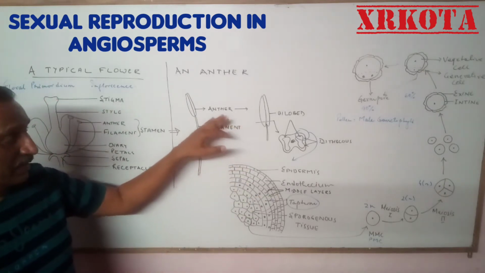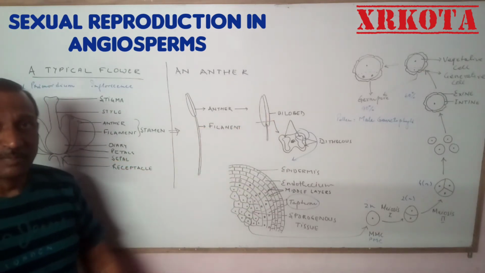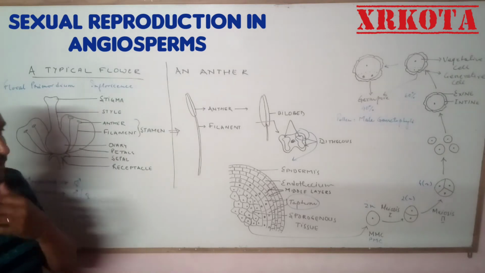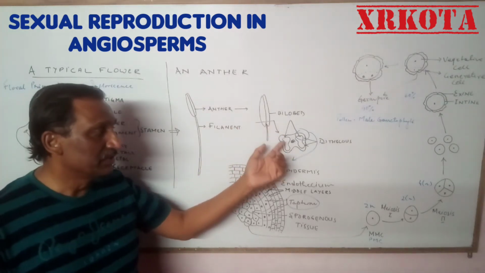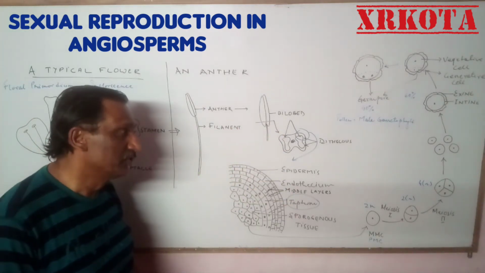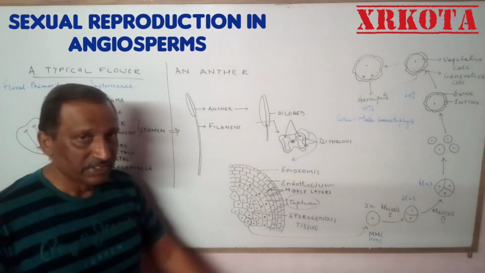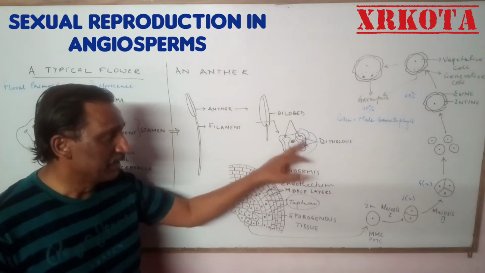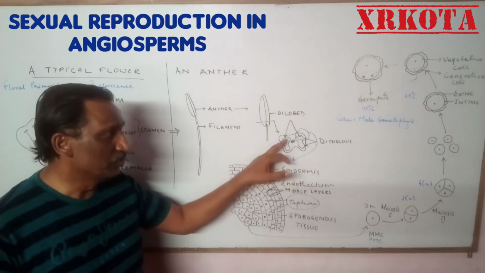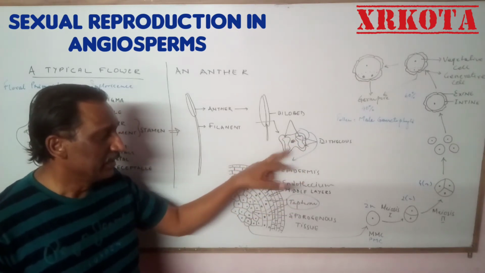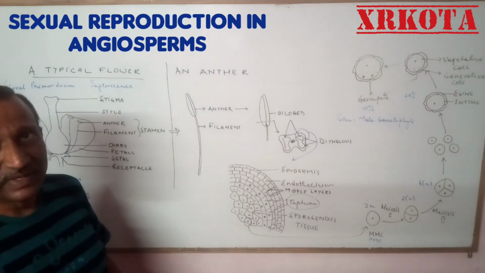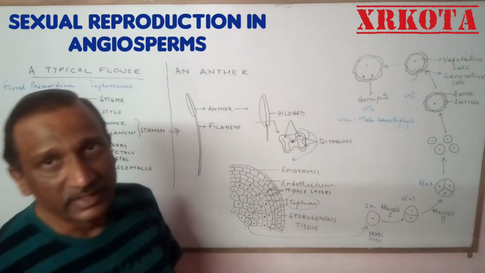The anther, in case of plants, is actually bilobed. Left and right two lobes can be seen, and then each lobe is further divided into two chambers. So each anther is dithecous. If we cut a cross section, we'll find four different regions where the sporogenous tissues are found in the four corners. And if we magnify it, we will find that there are four different types